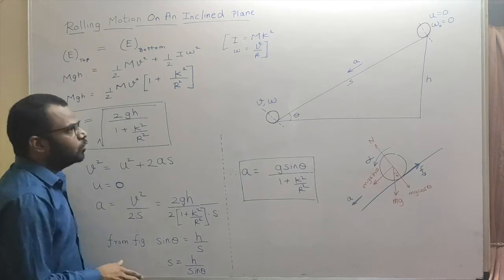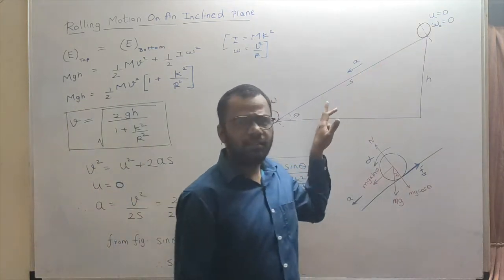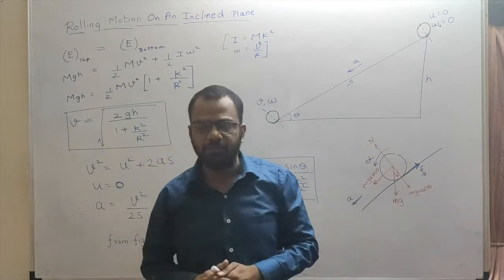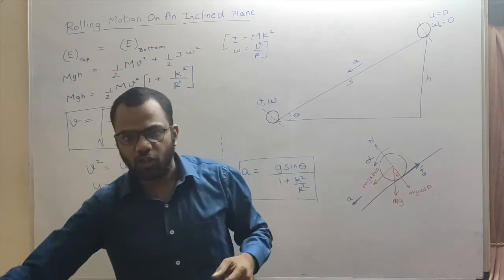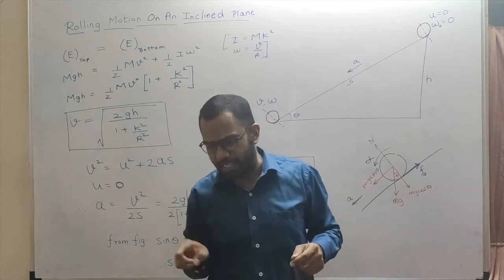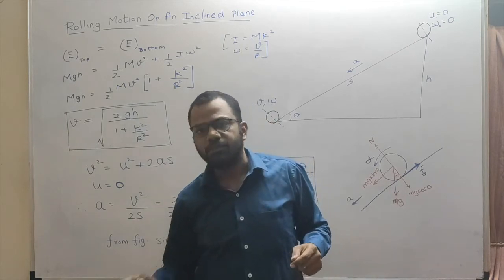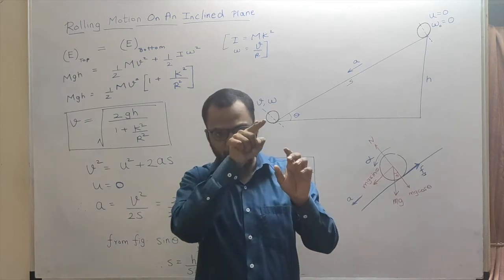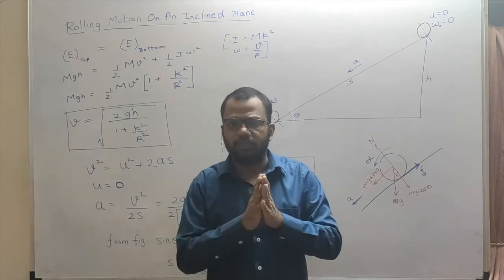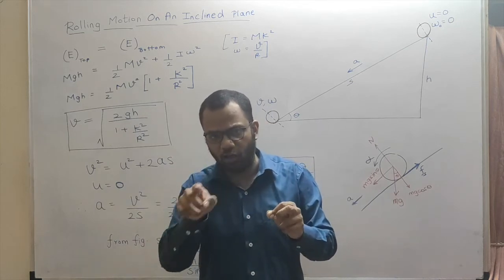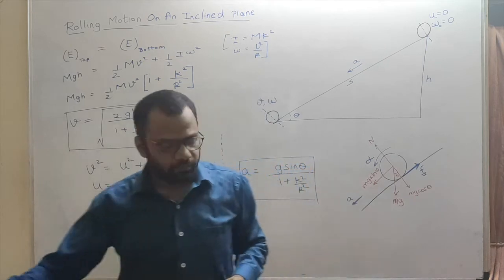So this is whose linear acceleration? It is the linear acceleration of the center of mass of the object. Because all the other points on the object will have a motion like this, circular as well as translation. But it is only the center of mass that will go in a straight line downwards. So you can say that this is the acceleration of the center of mass.